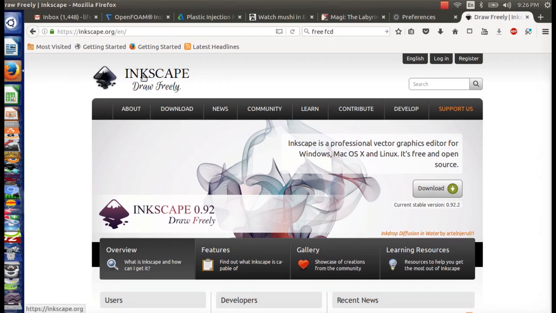Okay, so this is Inkscape. You can get it at inkscape.org. I decided this was a better splash screen to start with. It's cross-platform, of course. It's free. You can download it for any operating system. You just go to downloads and